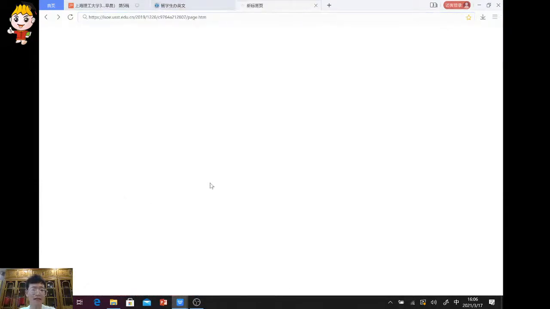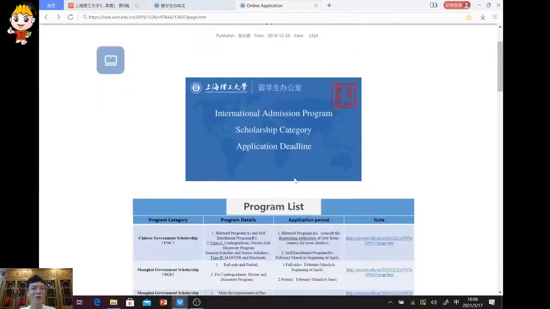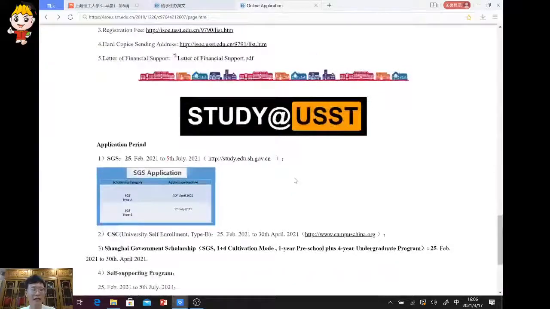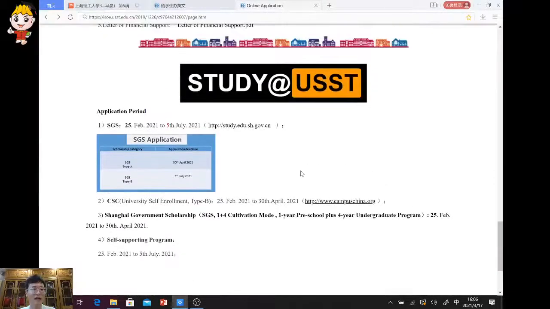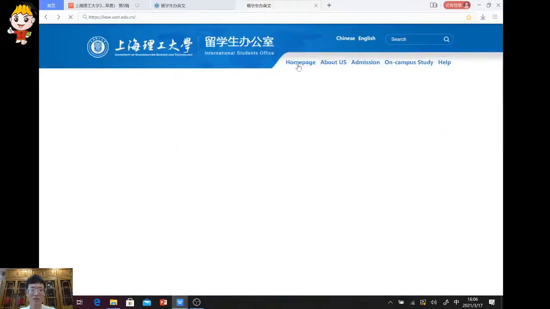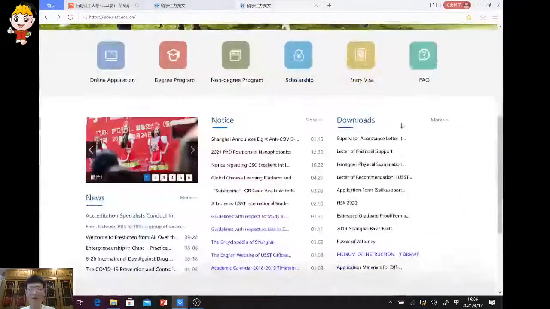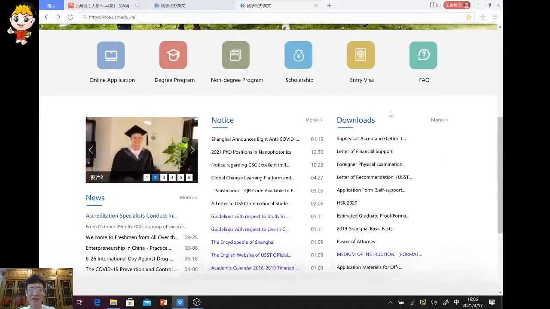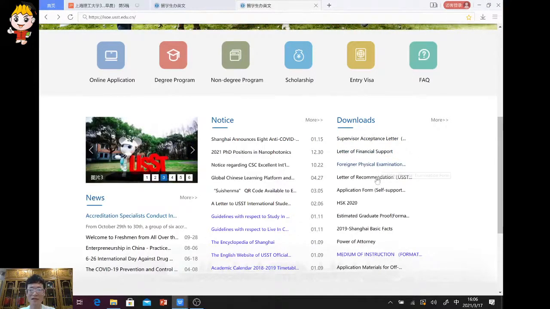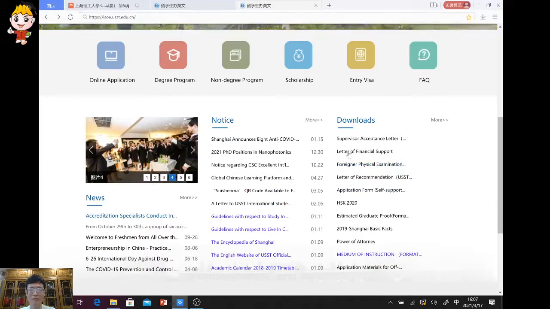If you click, you can find more information down there, and also the application duration. And we're just going back. If you want to download more documentation, it is here. Downloads like the supervisor acceptance letter, the letter of financial support, the foreign physical examination, etc.